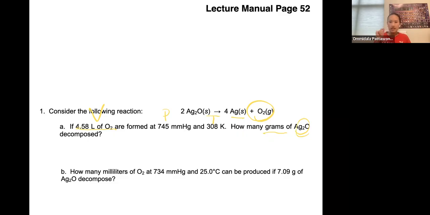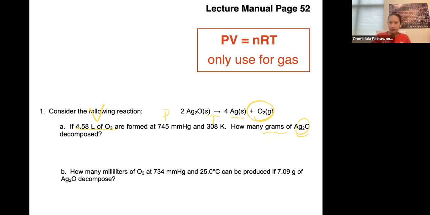Note this; you can put this in your note card as well. This is very important: the PIVNERD, PV = nRT equation, can only be used for gas. So that means if you plug in all these given values and you calculate for n,